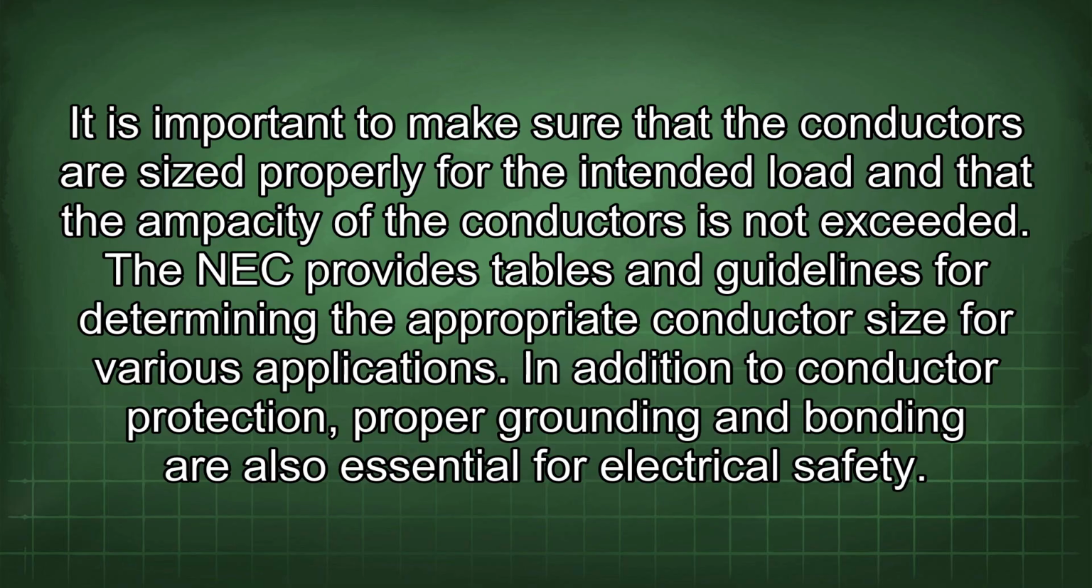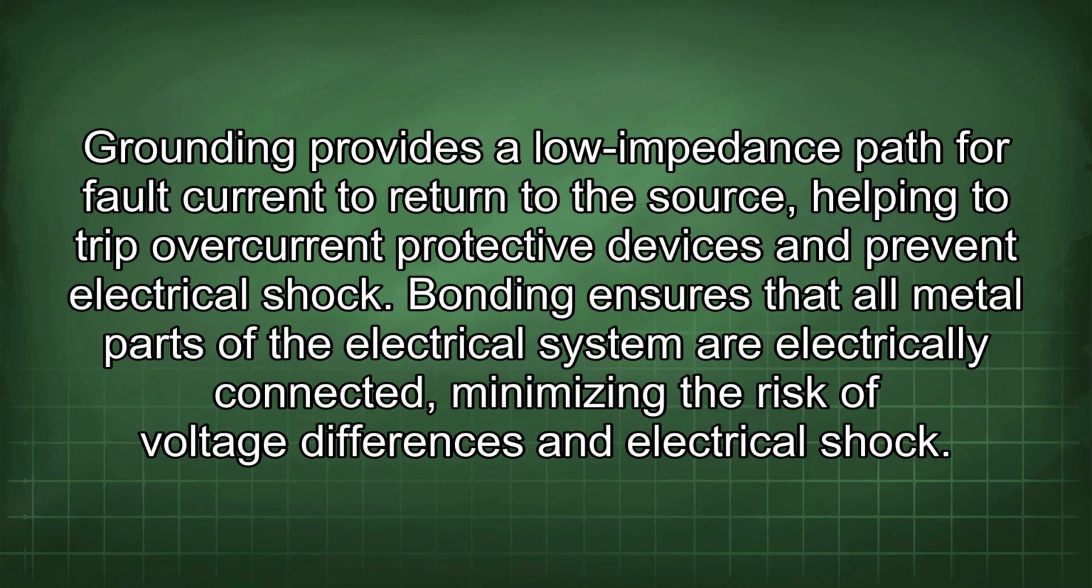In addition to conductor protection, proper grounding and bonding are also essential for electrical safety. Grounding provides a low impedance path for fault current to return to the source, helping to trip overcurrent protective devices and prevent electrical shock. Bonding ensures that all metal parts of the electrical system are electrically connected, minimizing the risk of voltage differences and